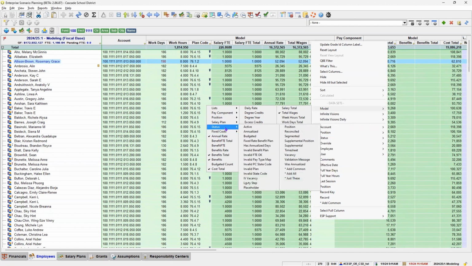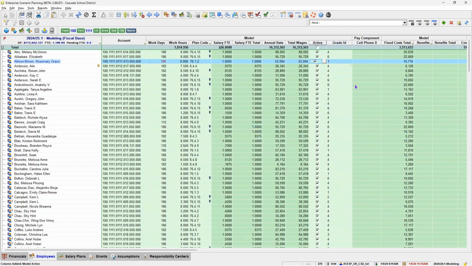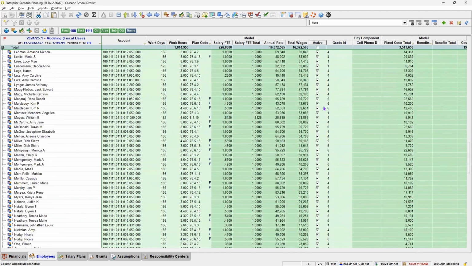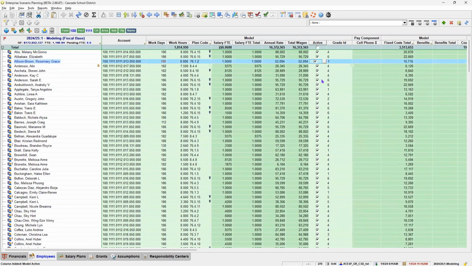Status is just check boxes. You probably won't use these too much. Let me show you this one, active. All of these are going to be active. Active just means that they're active in ESP. If you want to take them out of ESP, you can just uncheck this box. And you'll notice that they went gray with a line through them. This is the same that you would see